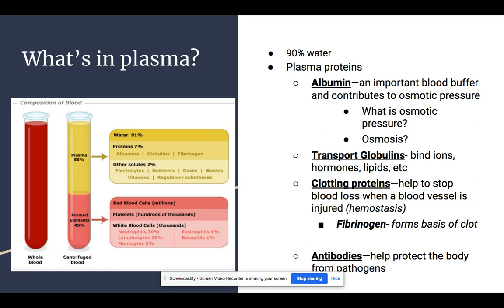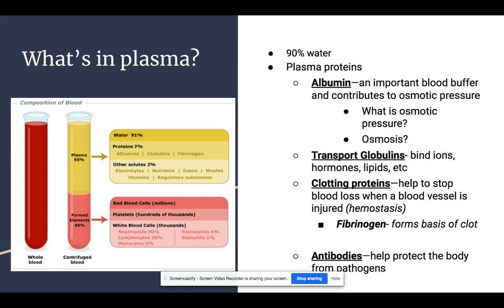So if you remember from your other science classes, osmosis is the diffusion of water across a membrane. So when you're thinking about it, okay, if we got plasma, which is this 90% water fluid matrix in the blood cells, and it's going to be in the blood vessels, which are these membranes,